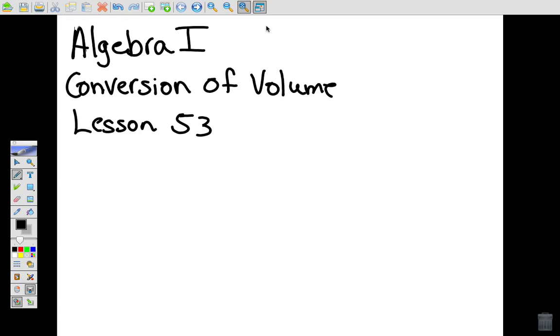All right, conversion of volume is our topic for lesson 53. And we've already talked about conversions. And before we get into the volume part of it, let's take a look at what we've already talked about. If I want to change, say, 3 meters to, say, let's see, inches, what we'll do here is figure out how many multipliers you're going to use. And you've got to get used to trying to figure out how many multipliers you're going to use without being